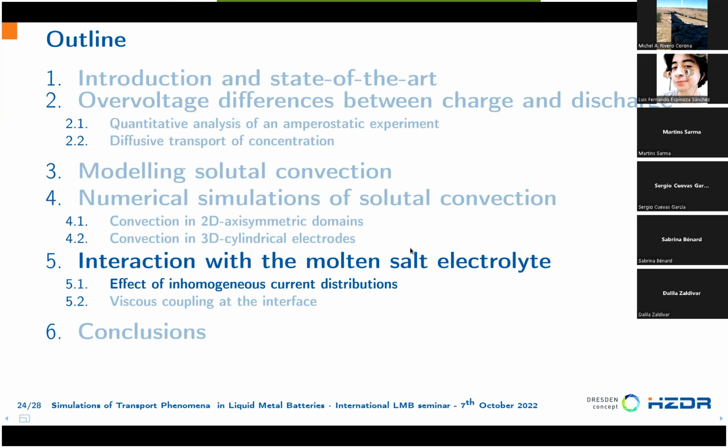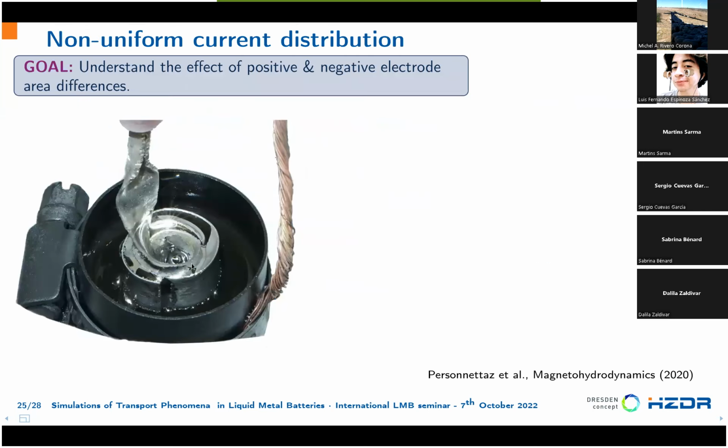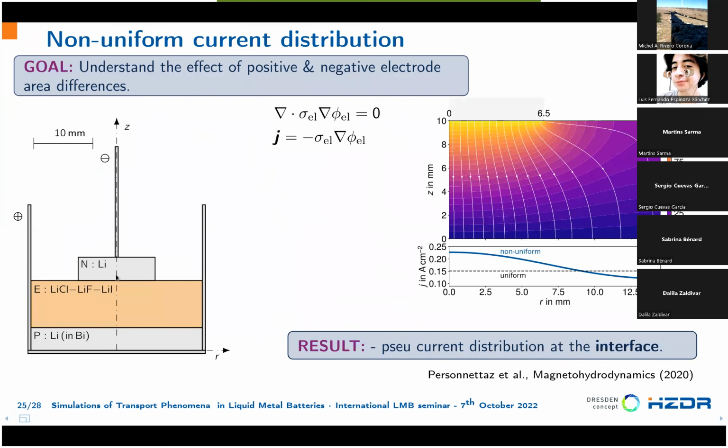So in the last part, we will study the interaction with the molten salt electrolyte, starting from electrical coupling. If we look at our experiment here, we see that the negative electrode has a smaller diameter than the positive electrode. So this means that we will not really have a uniform current distribution at this interface. And we can compute the current distribution inside the